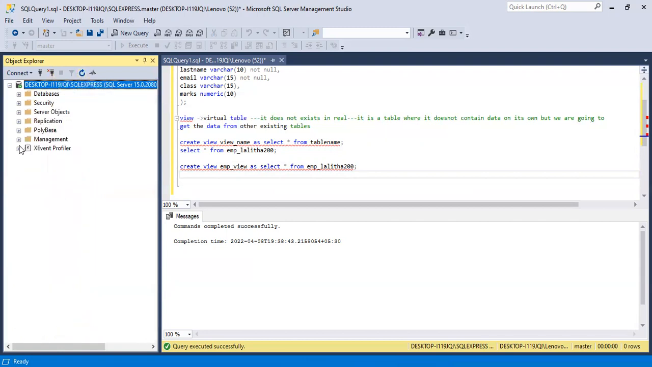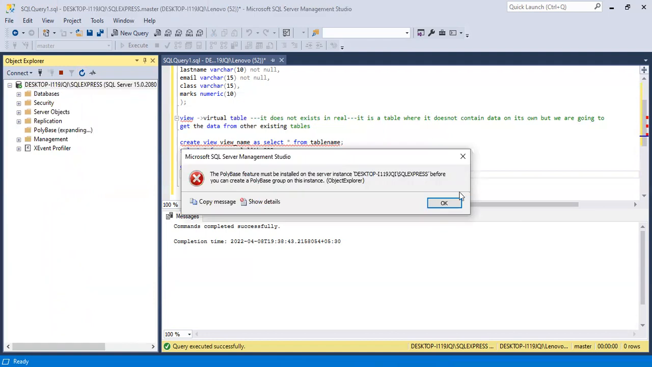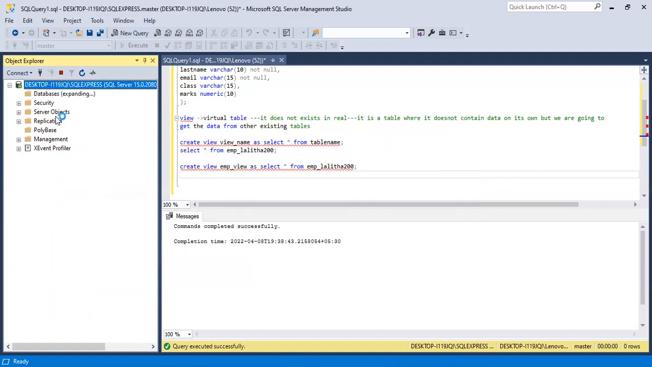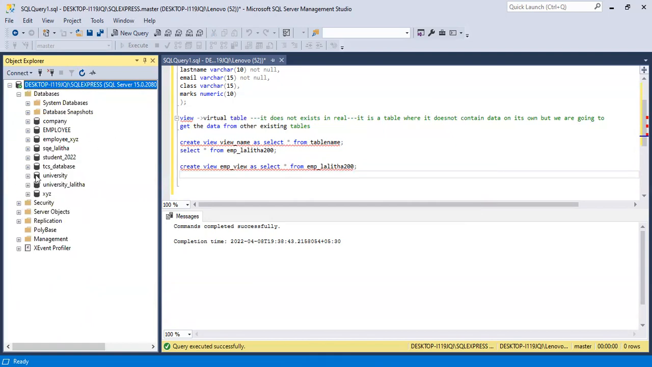Sir, come, sit down. Now here we can see the view. Please click database once. Yes, database, and then down, server objects or security. Can you please, server objects. Then